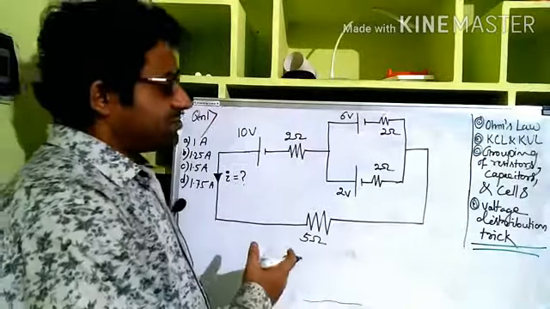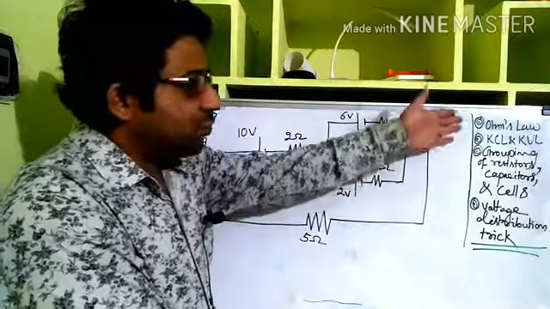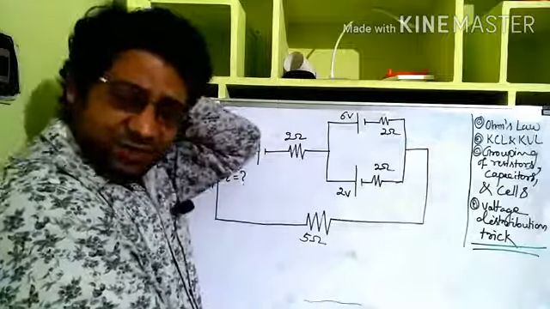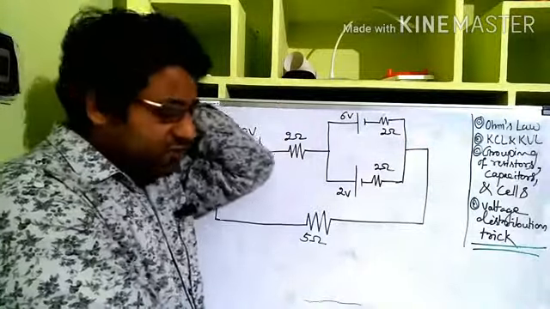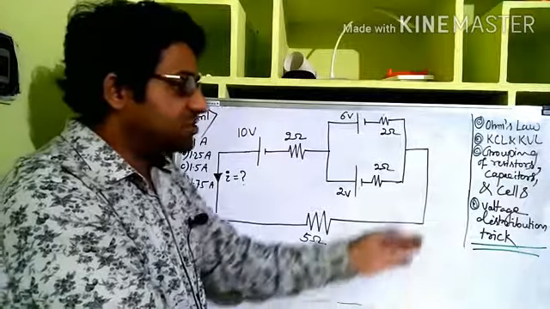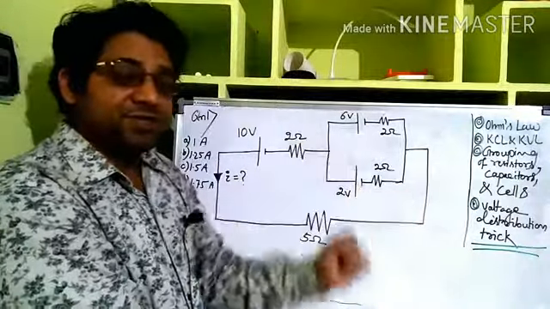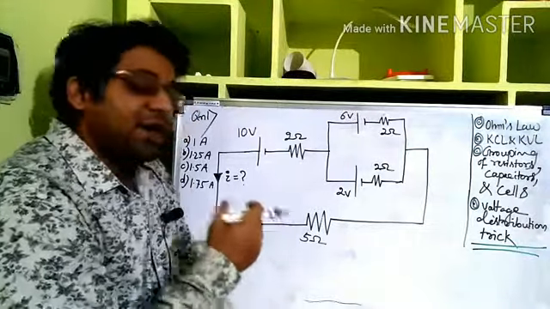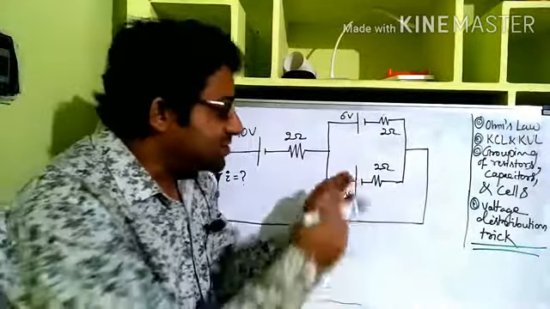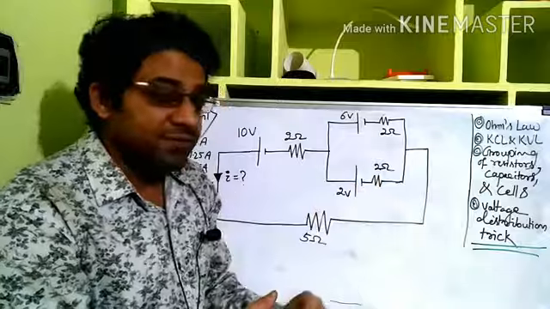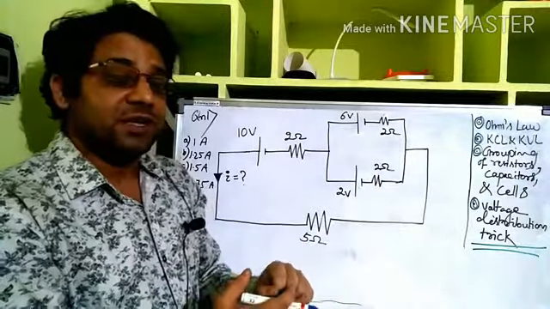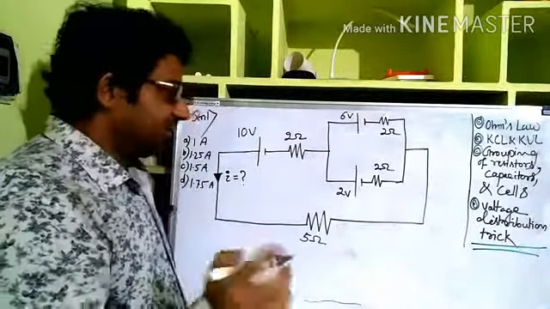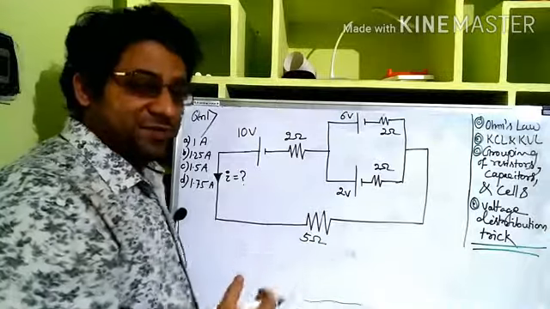For example, there may be a question which may be solved very simply using just Ohm's law, or Ohm's law and Kirchhoff's law in combination, and there is no need to apply Kirchhoff's voltage law or the voltage distribution trick, because these problems can be handled using these simpler rules. Whenever we are solving some problem, our objective is to save time, right? Why make it complicated by applying only KVL or only the voltage distribution trick? That will be very clear with the little examples I am taking. I am getting some questions from various people.